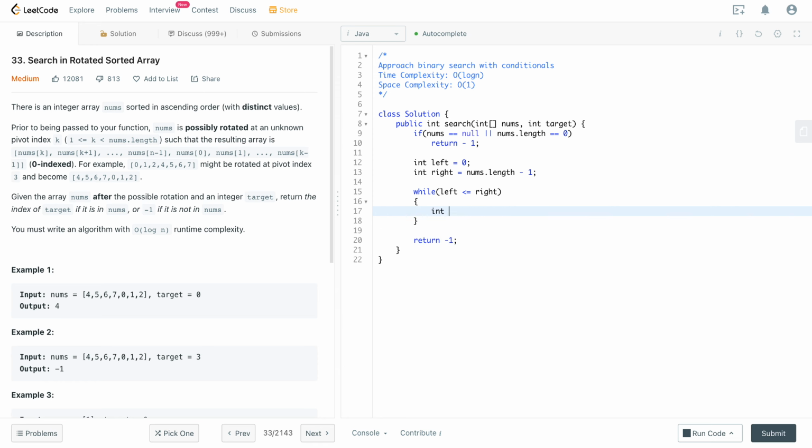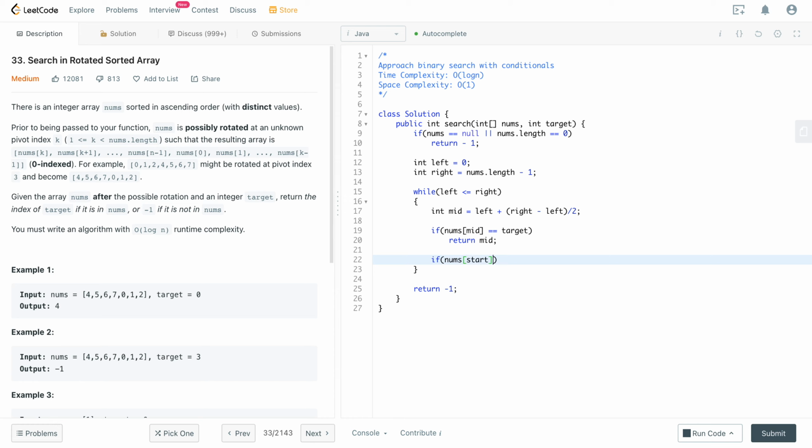So once we're within the while loop, we need to get the mid element. So that would be left plus (right minus left) divided by 2. Awesome. And then you would check, does the element exist in the mid index? If yes, we would return that immediately. If not, we check which part of the array is actually sorted. So to do that, you would say, if nums of left is less than or equal to